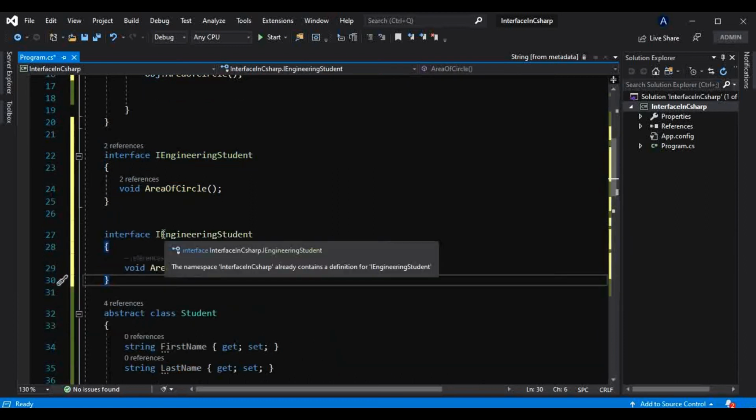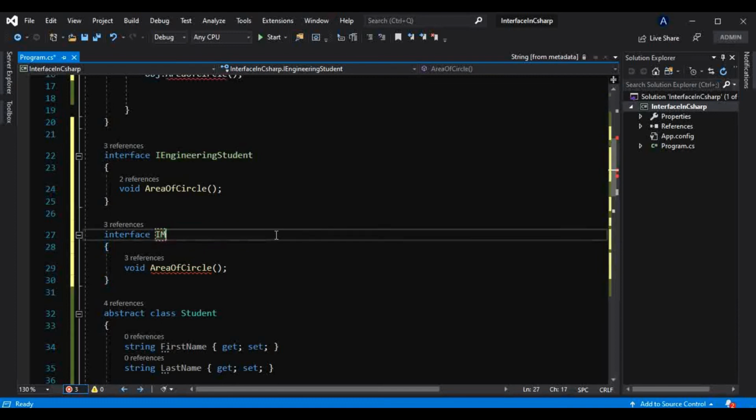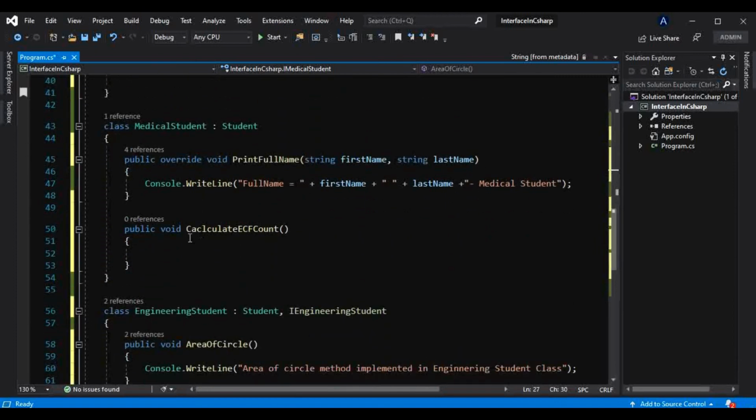Here let's just take that interface, I medical student, like this, and let's just copy that method name here, that is calculate ECG count. Okay, we can take any name.